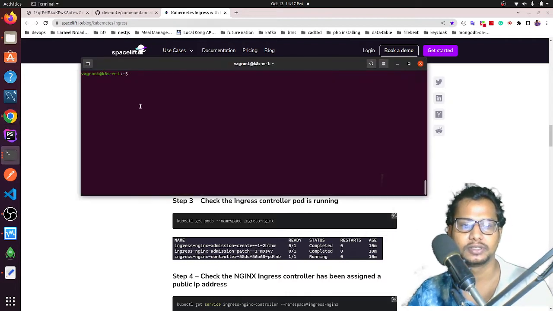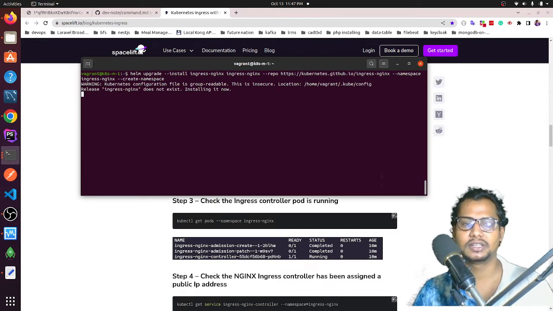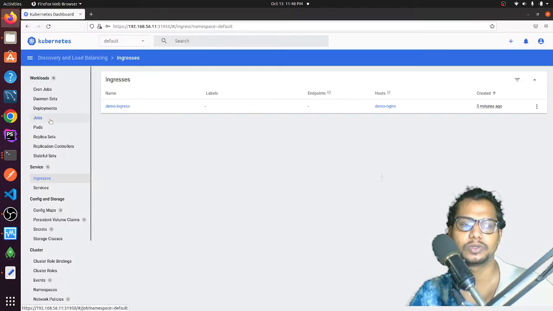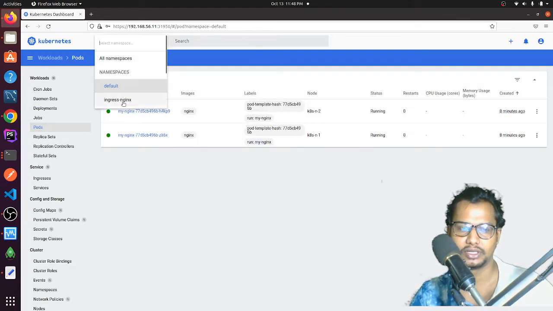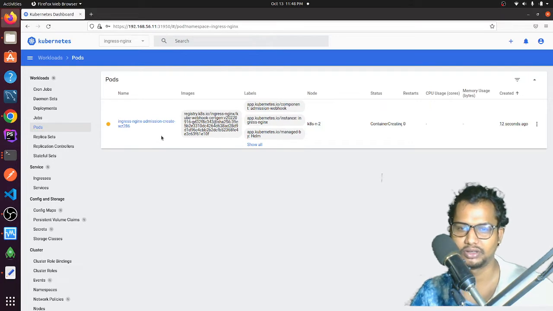Okay, so if I run this command, let's check this out. What does this thing do? It is far better to use your dashboard to see what is happening in your ingress. Okay, content is being created,